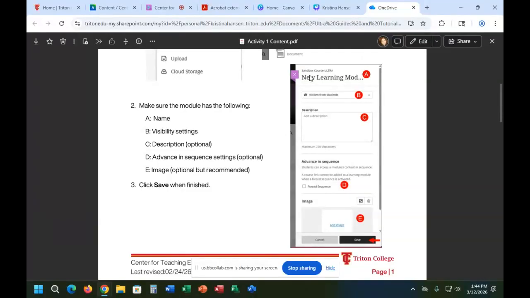Now, one thing to know, in Blackboard Ultra, everything that you create, by default, it is hidden from students. So you will have to actively select visible to students. So when you're creating it today, let's say, and you go, well, I want this to be available Monday,